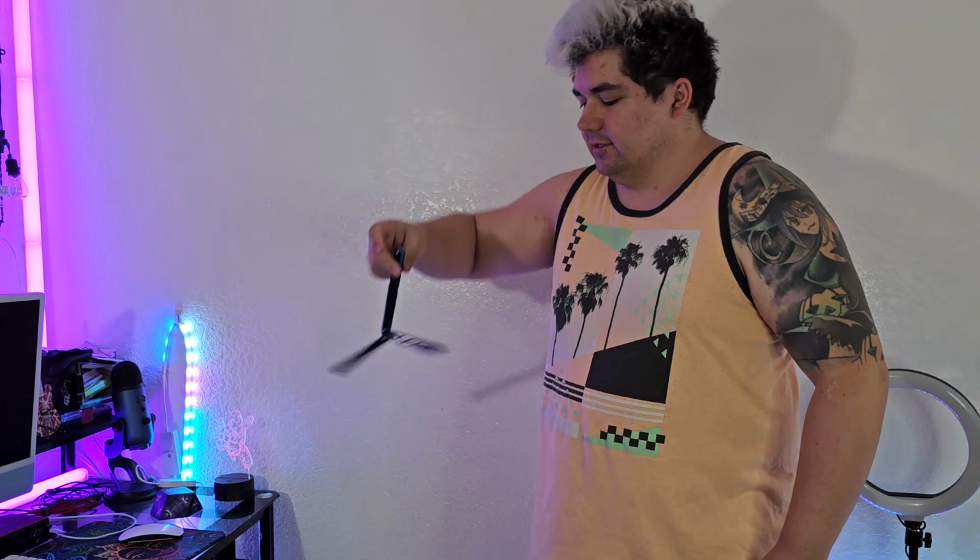Oof. I kind of did it right there. That was sort of it. Yeah, this thing is really fun to flip. This thing never slips out of my hands really, which can be said for most other aluminum Balisongs. Like there's a few, and this is joining the list of the few aluminum handled Balisongs that I really enjoy